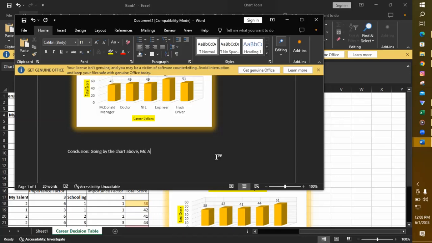Mr. Aderu Boko can consider, you are making a suggestion, so be mindful of your English, can consider an engineering career. It presents opportunity